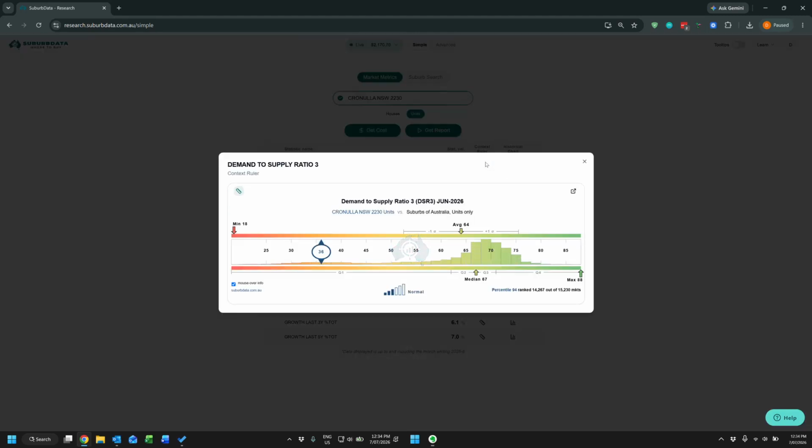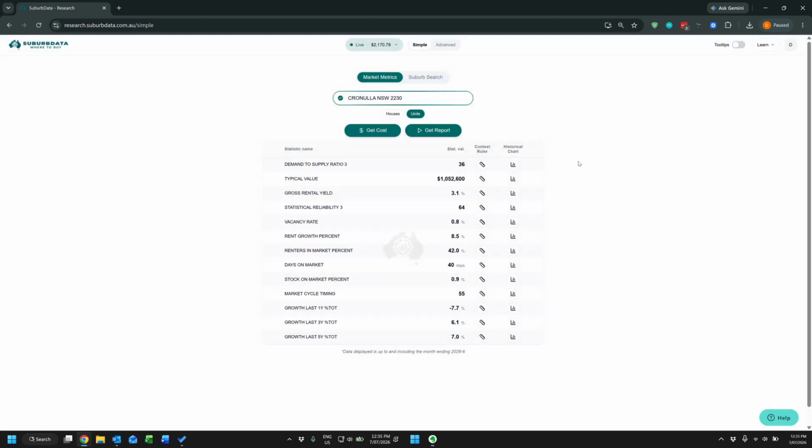But the idea is, let's just have a look at context ruler as an example. We can see that the average in Australia for DSR3 is 64, and then 36 is for Cronulla units. So for me, this wouldn't be an optimal place to invest. Different story if it's your owner occupier. But just looking at that price point of $1 million, I'm sure there's a lot better markets to invest in at the moment than, for example, Cronulla units. The other thing you'll also notice is over the last 5 years, it's only had 7% growth. So it's a market that, pretty much there might be a bit of wiggle room with negotiations,